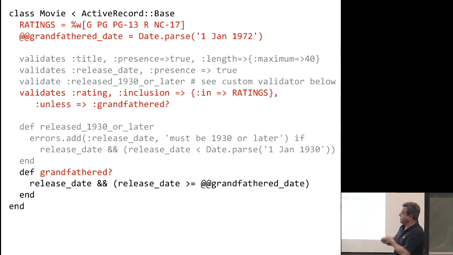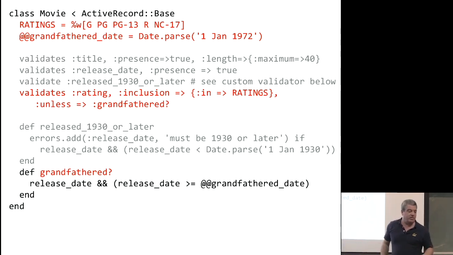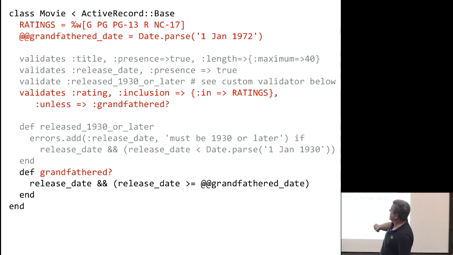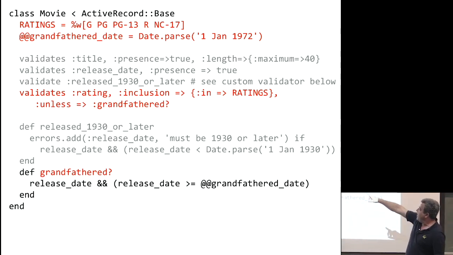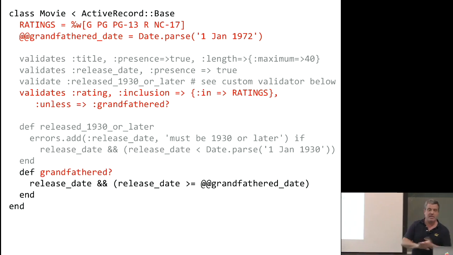I was just wondering, when you define your own custom validator, is it like a different function call? Because I know it says validate instead of validates. Yeah, it's just syntax. But I think the question is why are some of them validate and why are some of them validates? The general answer is validates is followed by an attribute and then some conditions on that attribute. But validate, without the S, is: I'm going to provide my own custom function, please call it. It's just syntax. There's no good reason, sadly.